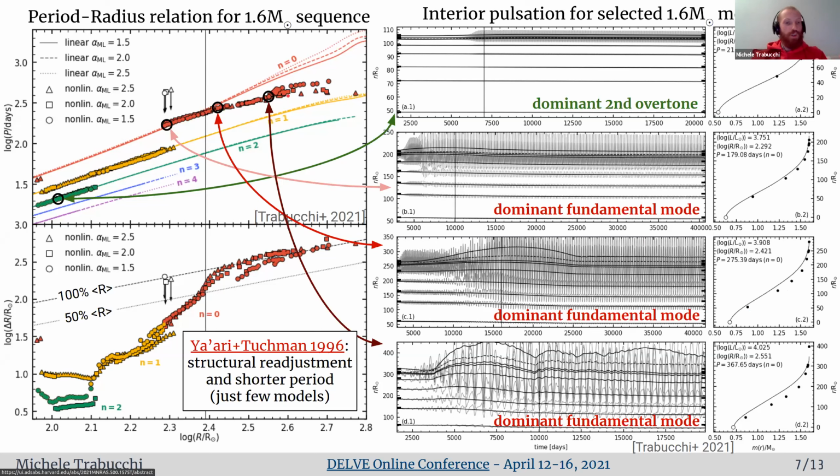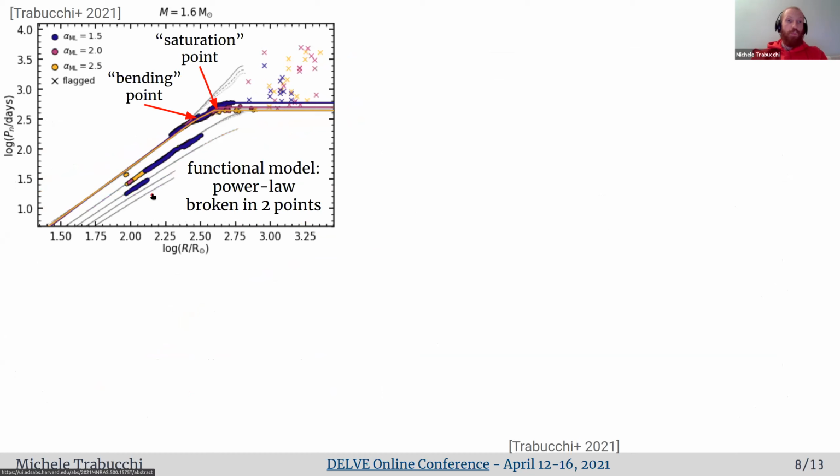This is nothing especially new. It was already found out by Yaari and Tuchman in 1996. But they only had a few models at their disposal, so they could not connect this trend with global stellar parameters, which we can now do. So we model this